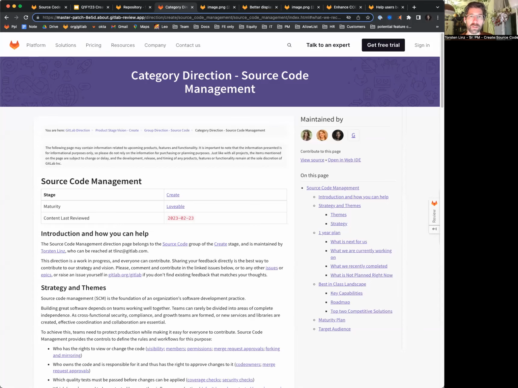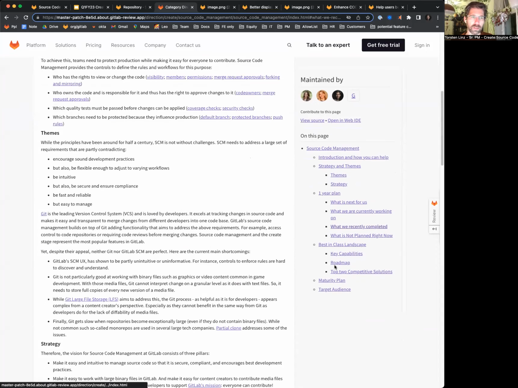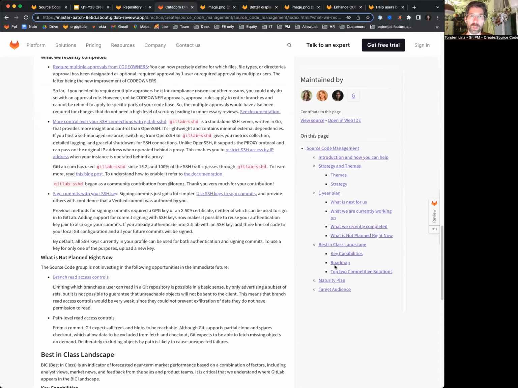We're heading into a new milestone, 15.10, and we're about to release 15.9. In February, GitLab started a new financial year and also a new quarter. Therefore, I would like to use the opportunity to give you an update for the category direction for source code management. Now, before we look into the future, let's take a brief look at what we are going to release